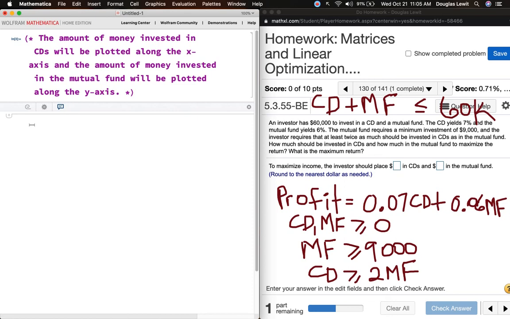Let's do a region plot first. Well, actually, we can just plot the lines. Although maybe let's do a comment over here. So we know that x plus y is equal to 60,000 is the first line. And we know that y